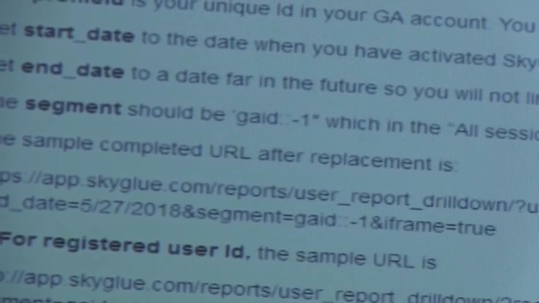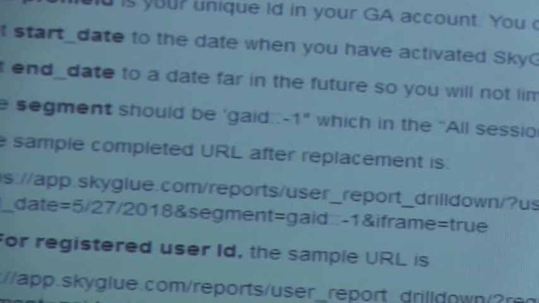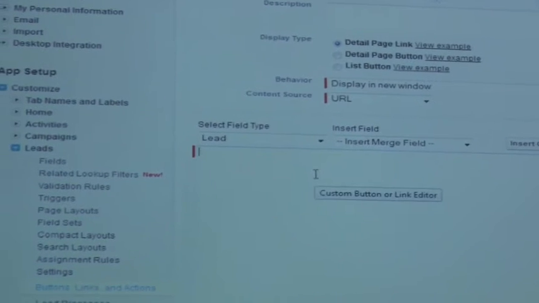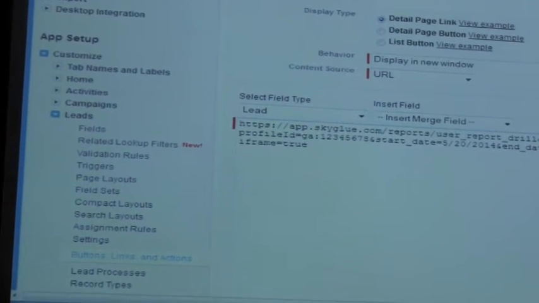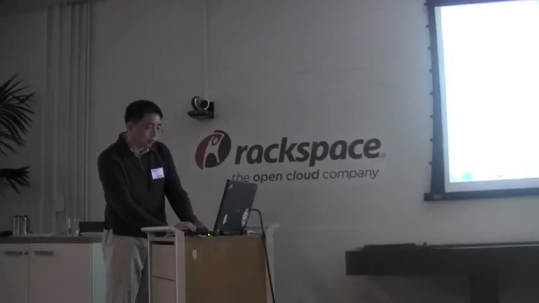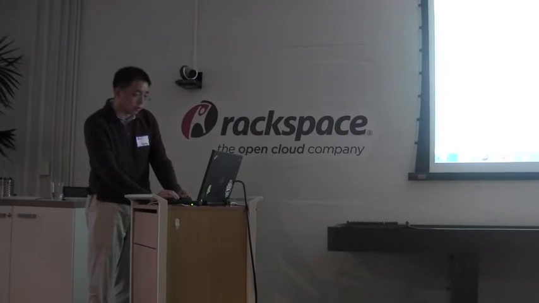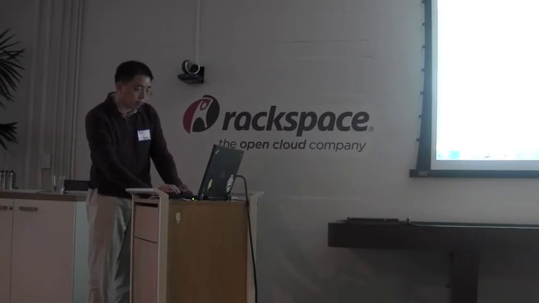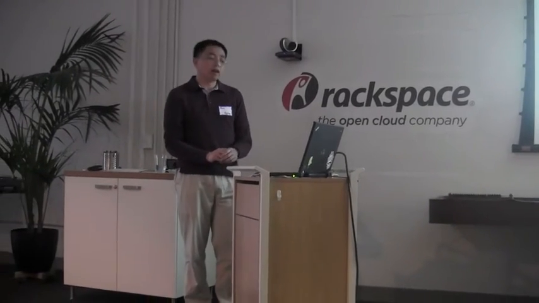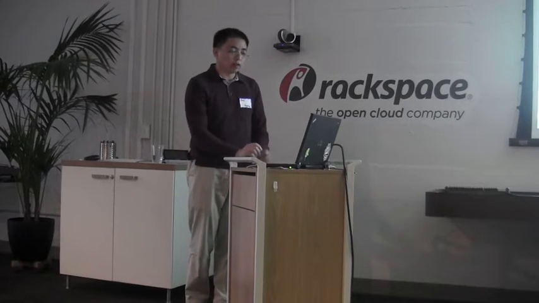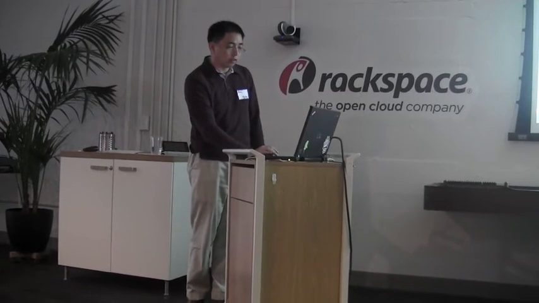So let's do a demo here. So here, if we want to replace this one with the field we just created, you choose here, and you choose the one you just created, SGID. So this will automatically replace the value you just created in the field, and then it will generate a link